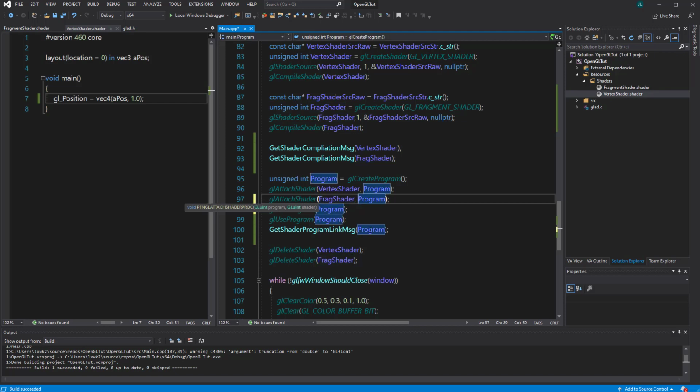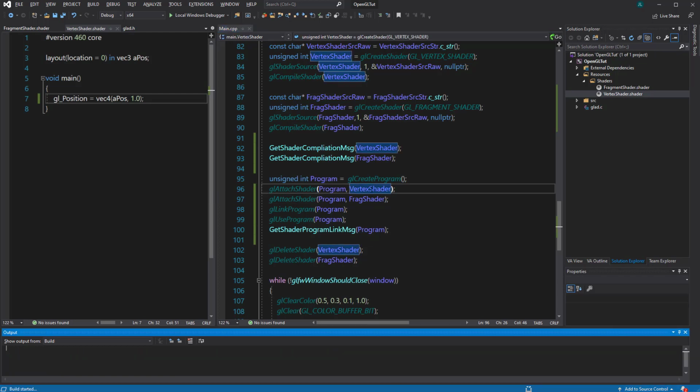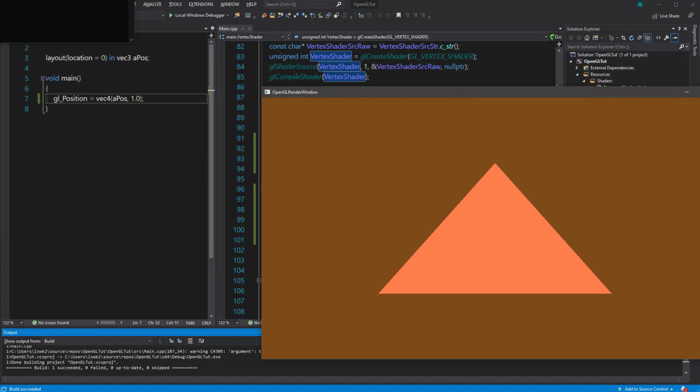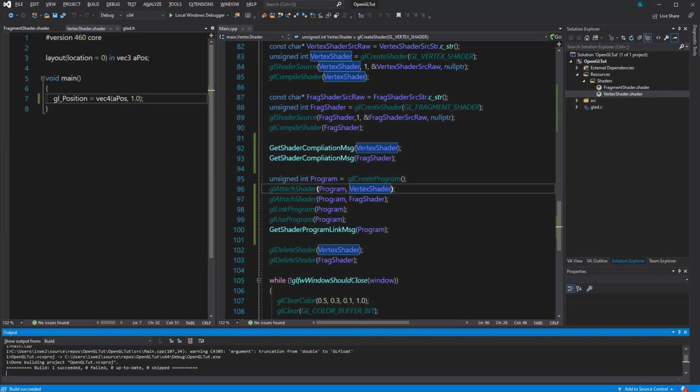Yeah, that's right. So we're passing them in the wrong order. So that should be the program first before we pass in the shader. My bad. So I'm going to get those things swapped, and that should make it work now. Okay. Alrighty. All right. Yeah, indeed. Now we don't have any errors, and we got the color we specified here in the